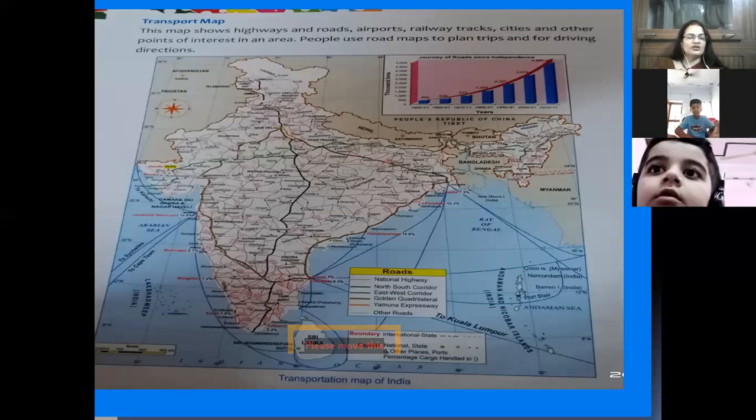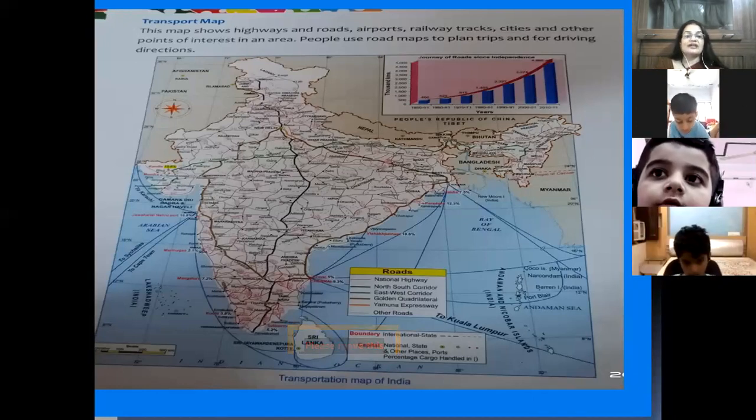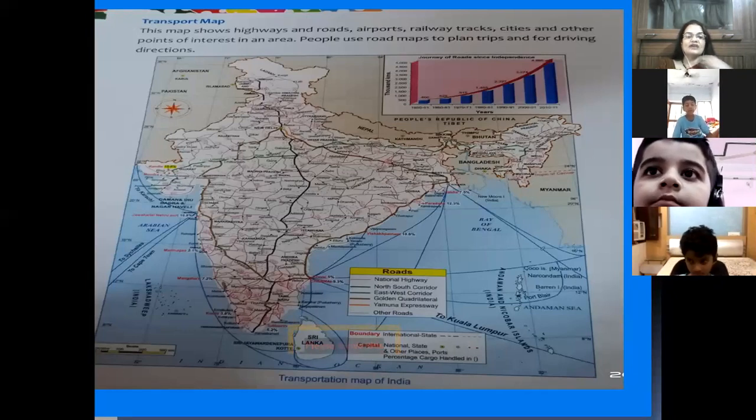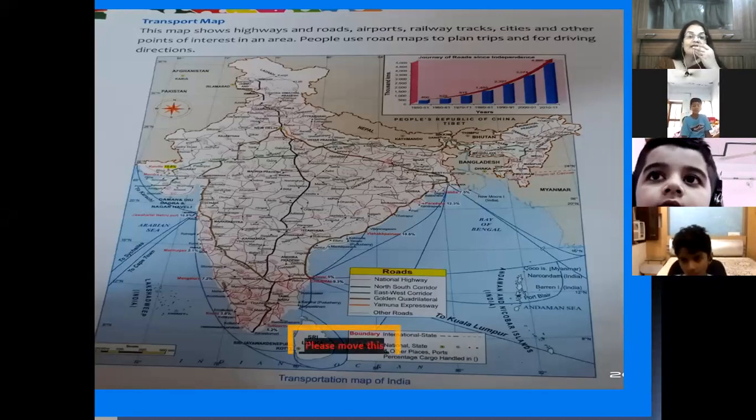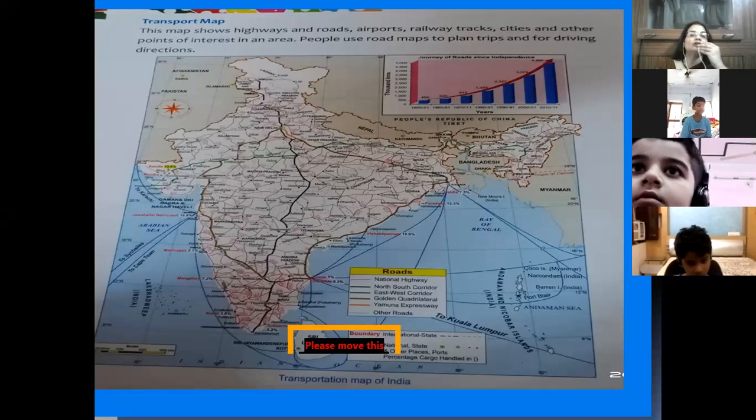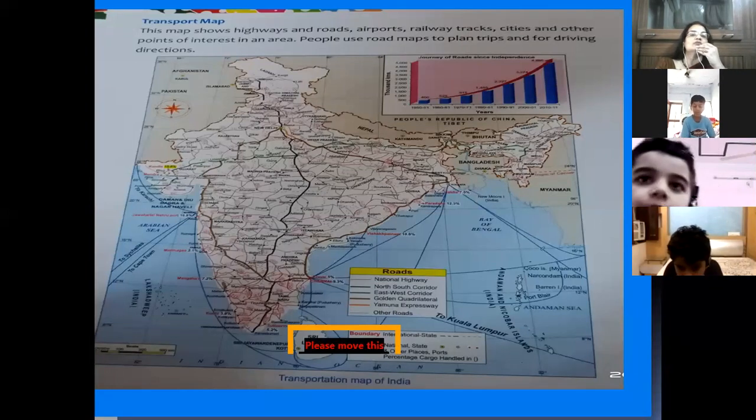Now we go through the transport map. It shows highways, national highways, state highways, airports, seaports, and roads also. It shows railway tracks, cities, and other points of interest in the area.